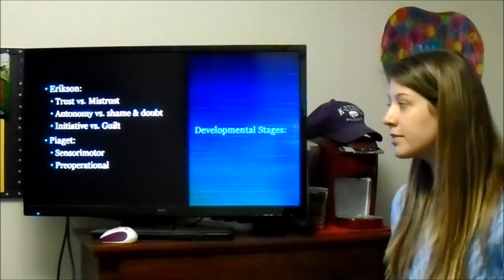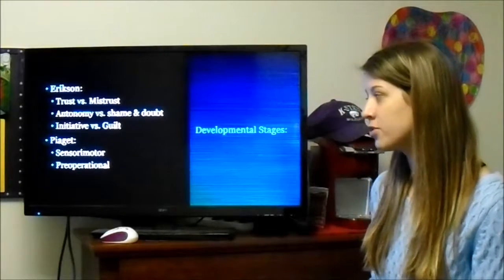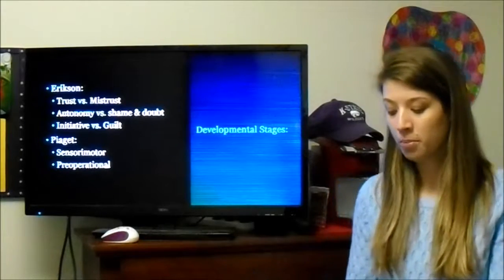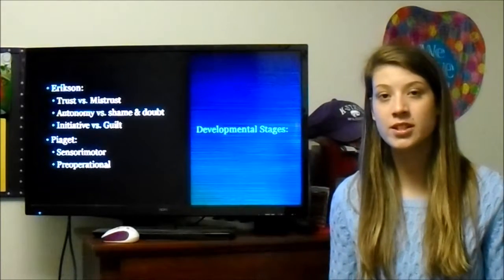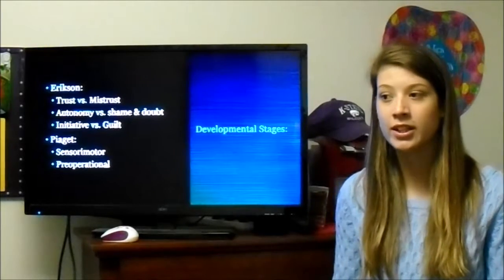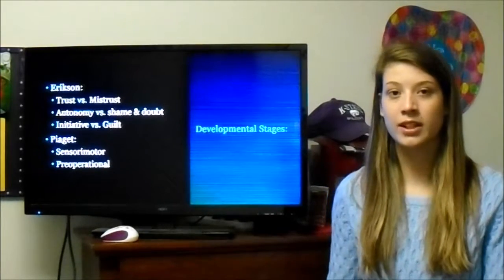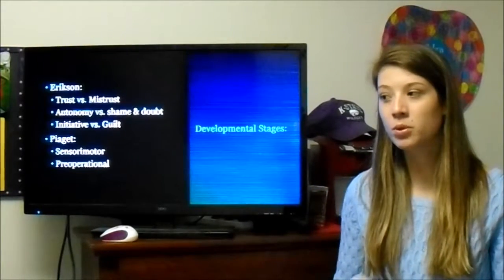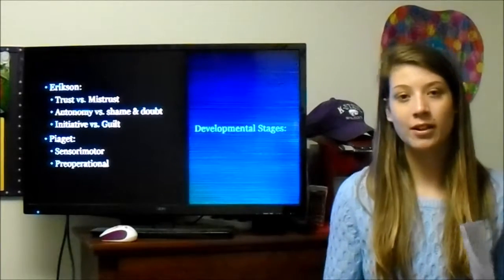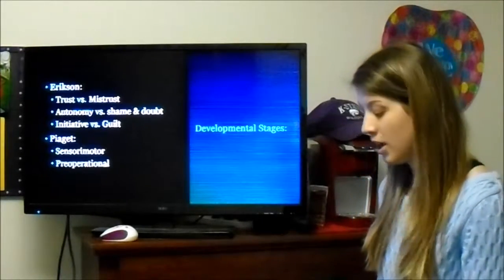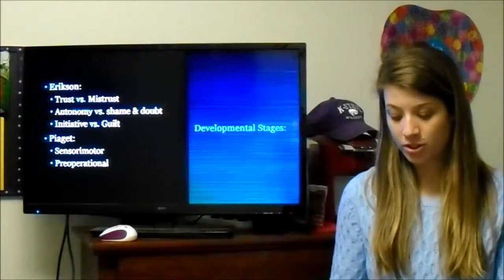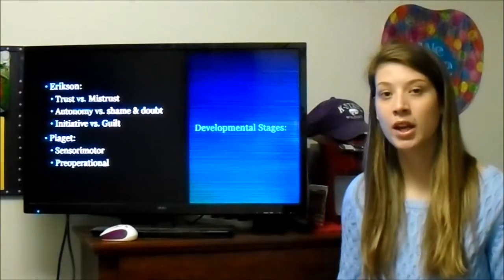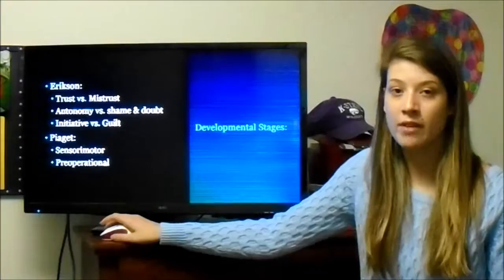According to Piaget, a kid 5 and under is in a sensory motor or pre-operational stage. In the sensory motor stage, it is really important for kids to discover things through their senses, such as taste, touch, sight, hearing. This is really hard for kids with Tay Sachs. Like I said before, they lose their motor functions and they may not be able to touch. So it's really important to give them toys or something that can help with holding something because of their coordination. And then also in the pre-operational stages, it is also important that they get at least some symbolic play, so they have time to play. It is very important that kids develop even if they have a fatal disease.